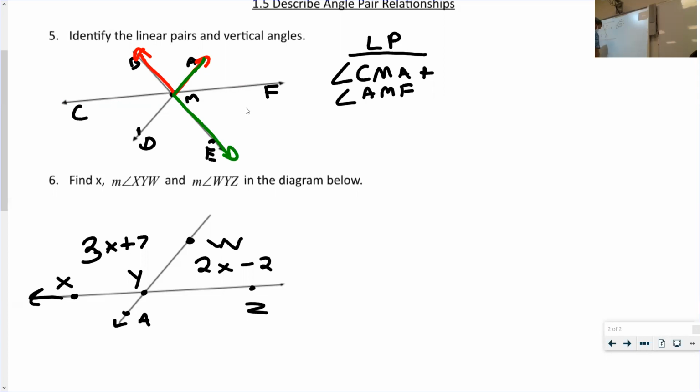So again, a linear pair is defined by they share a side. We call that adjacent angles. And they make a straight line, or opposite rays, with their two non-sharing sides, like the opposite sides. So for this one, I don't know if I can color code it. Another pair is BMA and